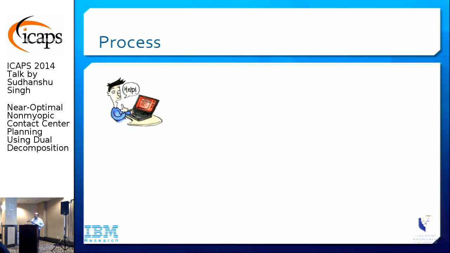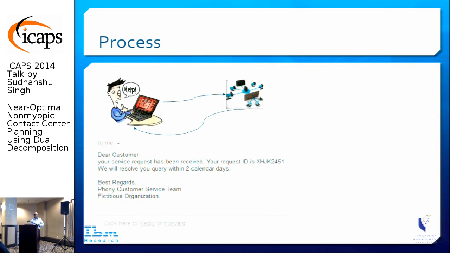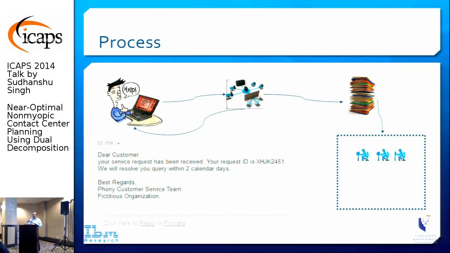So this is how the process typically goes. So you need some help with some software. There is some issue. So you send an email. It goes to some sort of centralized system, which basically gives you an automated response. So it says, dear customer, your service request has been received, and your request ID is blah, blah, blah, and we'll resolve it within 2 working days or whatever. So then your service request basically goes into a big file stack, and then agents working in the contact center basically take things in a FIFO manner,